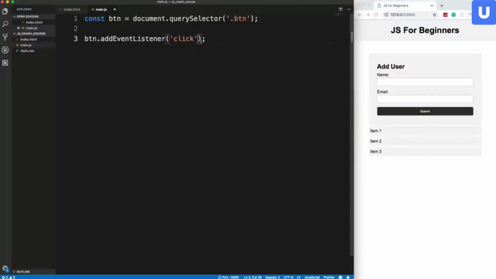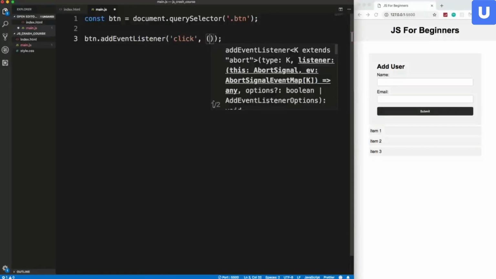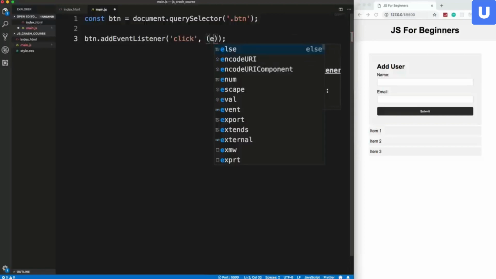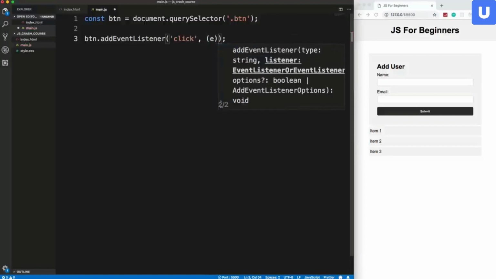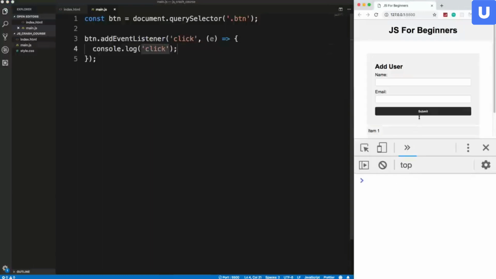So the first is going to be the event. The second is going to be a function that you want to run when this event happens. So when the button is clicked, I'm actually going to use an arrow function. You can just put in a regular function, but I'm going to use an arrow function. And when you use an event, it takes in an event parameter. So I'm going to just use e here. So we'll do an arrow, open some curly braces, and if I do a console log and say click and save, and then I'll open up my console here,